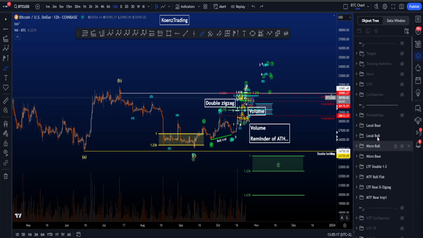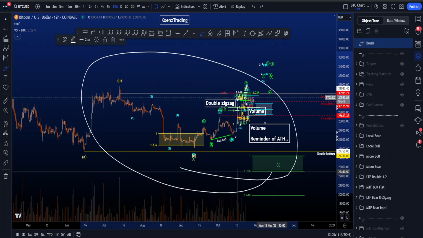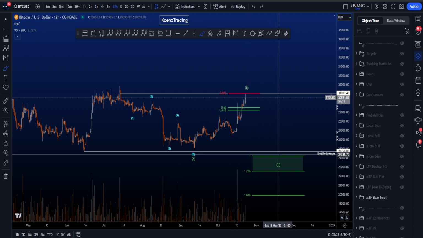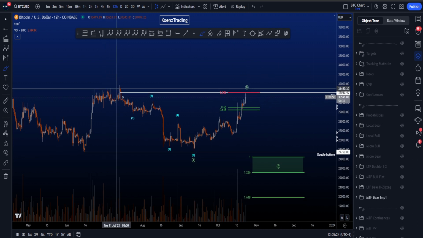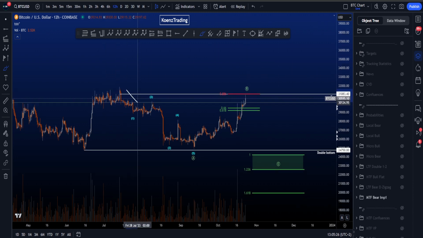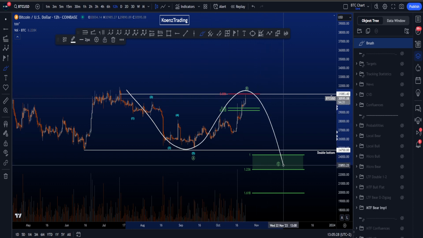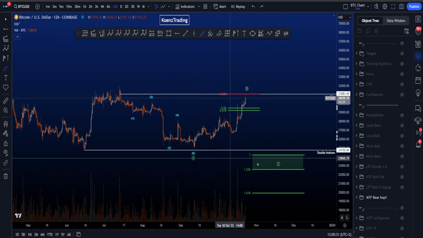Hi everyone, let's go over my bullish and bearish Elliott Wave scenarios on Bitcoin, and for the newer viewers, check the timestamps on the word new, updated or same regarding the scenarios. Starting with this medium time frame bearish scenario where we're looking for a zigzag ABC to the downside in a